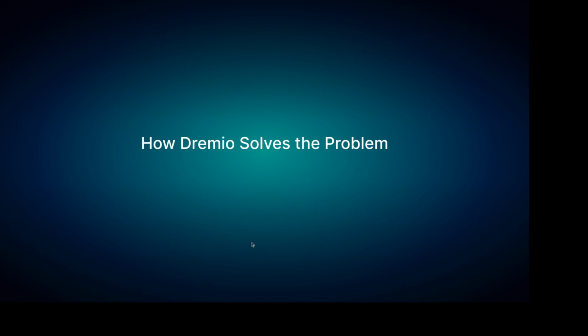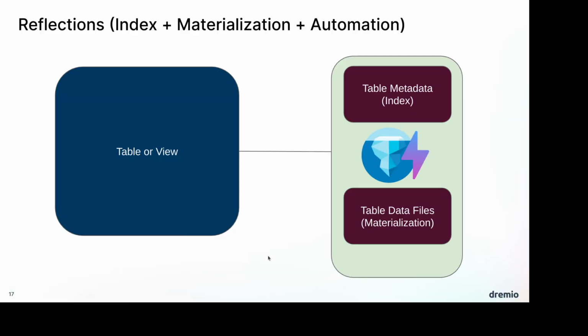But Dremio takes a pretty cool approach where it says, why choose one of these when you can just do all of them? And essentially, Reflections is a mix of all of this. It's a mix of caching, a mix of indexes, and a mix of materialization. Basically, you take a table or a view that you want to accelerate. So I might have this one particular view of my data that I want to run a little faster. And when I turn on Reflections, what it's creating is an Iceberg table version of the data.